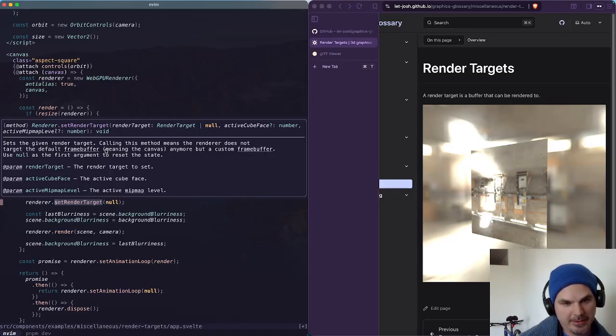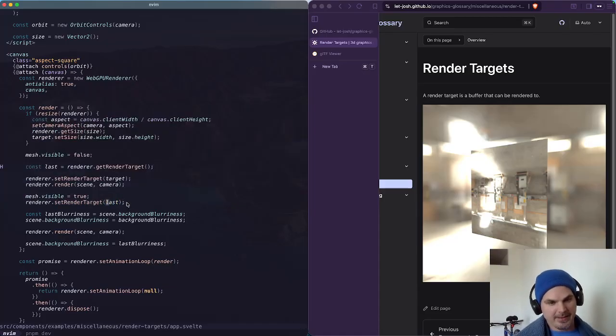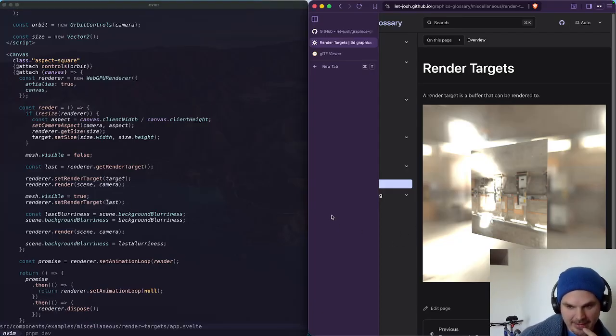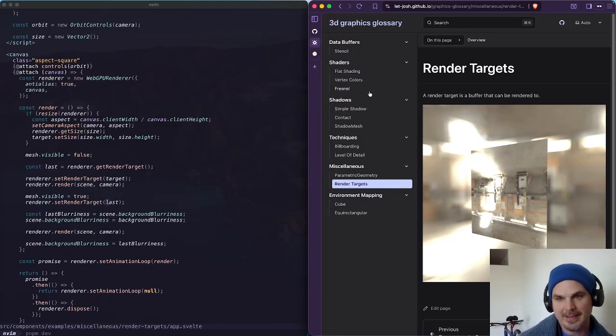Yeah, frame buffer meeting the canvas. So if you set it to null, you're gonna render back to the canvas. But this is the example, and I think we could do better than this. So the thought that I had was,